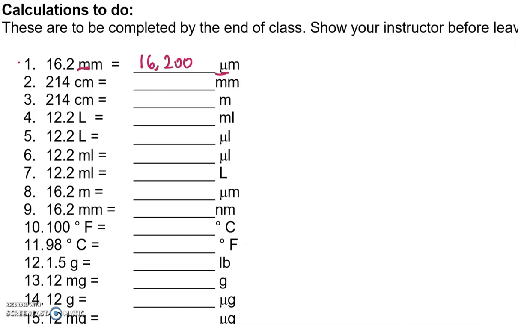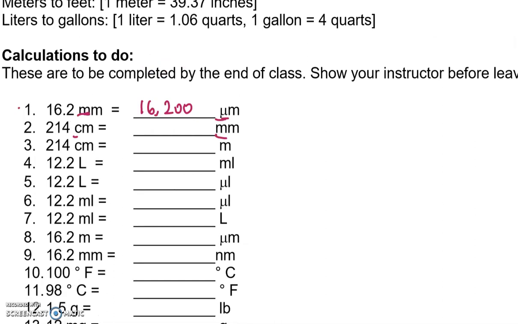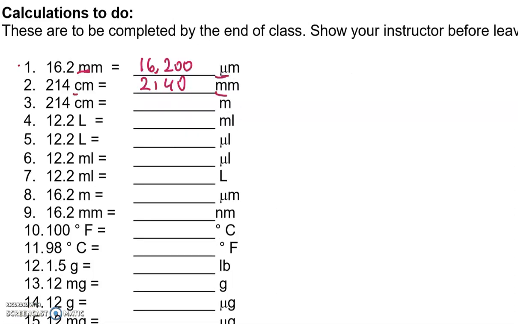to a smaller unit, so we need to move 1 decimal place to the right. Again, if you go from larger centi to a smaller milli, then we're going to have more of those. We just have to decide how many decimal places more, meaning to the right. In this case, it's just 1. From centi to milli is 1 decimal place, and so we end up with 2,140 millimeters. Now if we go on 3, from centimeters to meters, we're going from a smaller to a larger